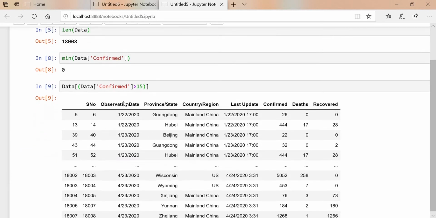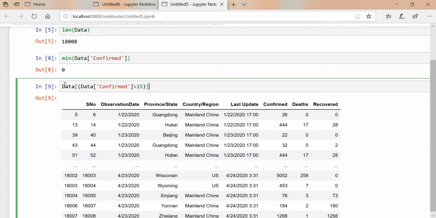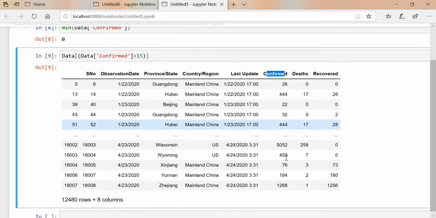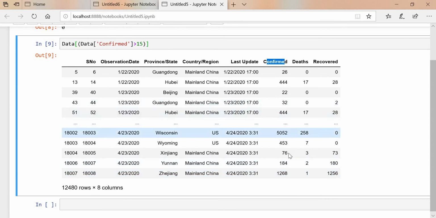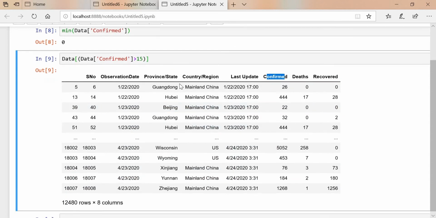I will execute this. See, I'm getting the data according to my condition. I have passed the condition that confirmed cases are greater than 15, which means I want only the data where confirmed cases are greater than 15. So like this, the condition will work.